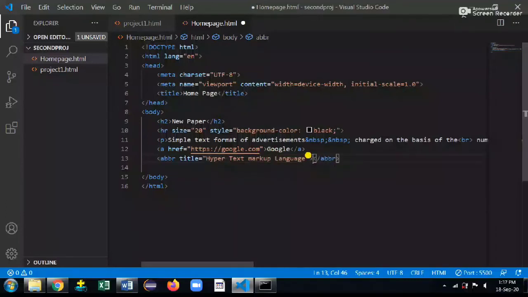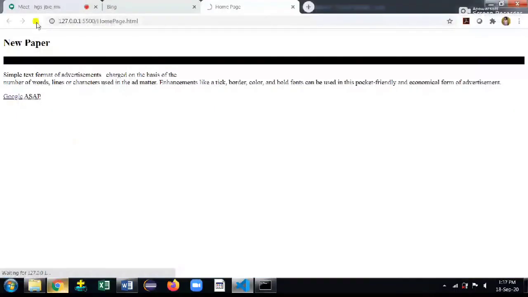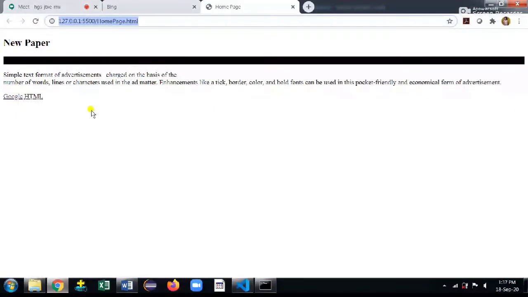For that, we have code word HTML. Control S, go to your web page, and automatically it got refreshed. See, when you mouse over the element, it will display hypertext markup language. So this is the use for abbreviation.